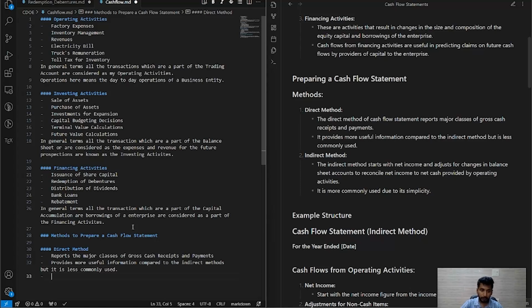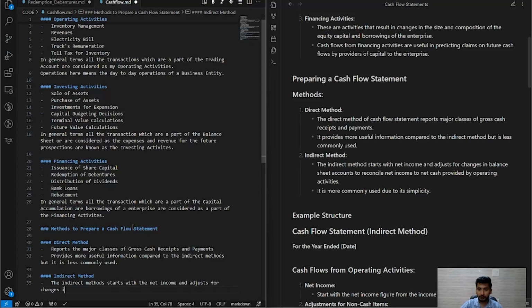We follow the indirect method more. Now let us learn what the indirect method is. The indirect method starts with the net income and adjusts